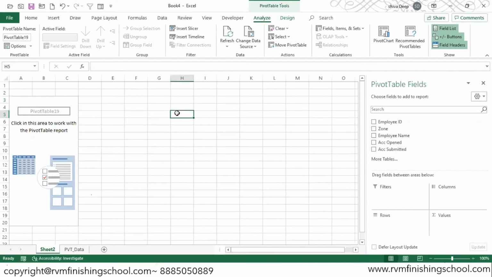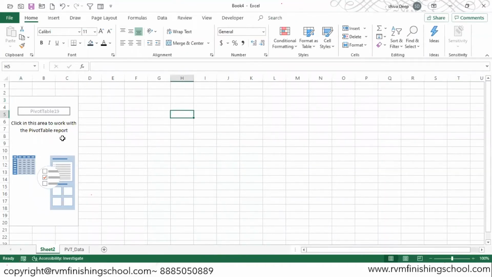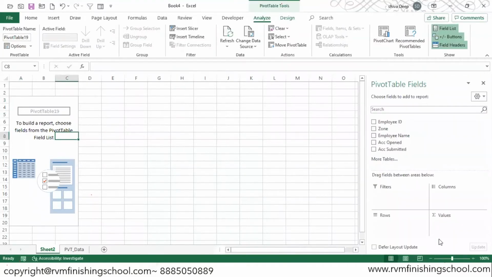Come out of it, on any cell, you will not get it. Come inside it, this will automatically open. Along with that, on the top, you will find 2 tabs, Analyze and Design, which will help us in doing a lot of things, which we'll go and understand. First, we need to understand this particular box on the right hand side.